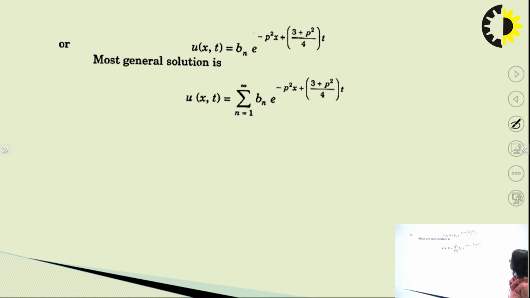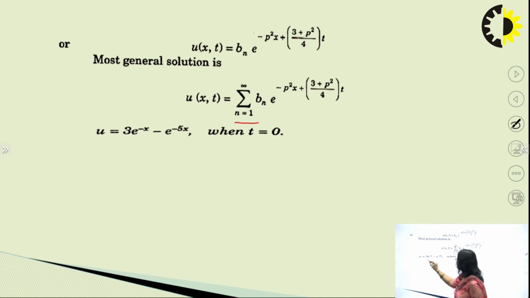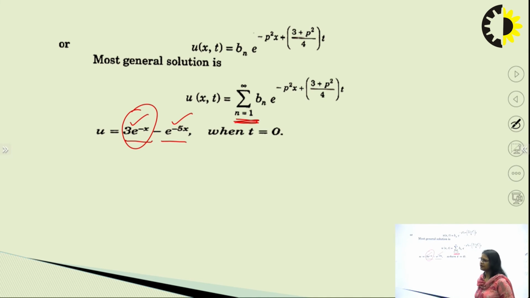Now this summation ensures that all possible outcomes pertaining to a pair are found, and they are considered in the final solution. Why am I taking summation? Because when u was given, it was given to be 3 e to the power minus x minus e to the power minus 5x. So there were two parts of u, 1 and 2. If there is only one part, then I need not take summation. I can simply compare both sides by putting t equal to 0 and find the solution,